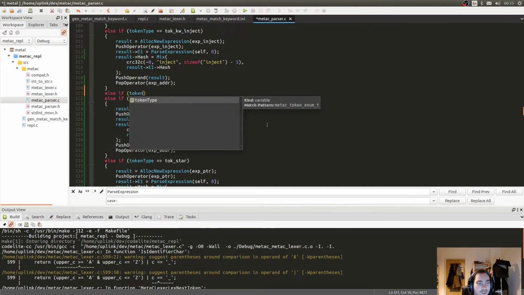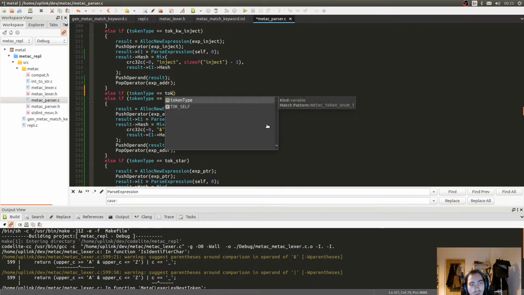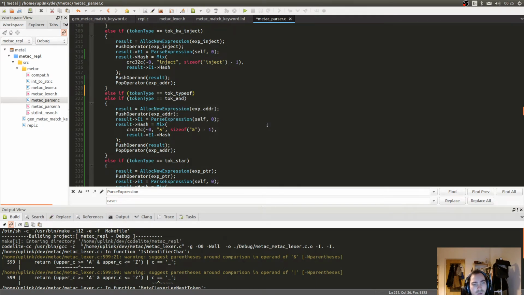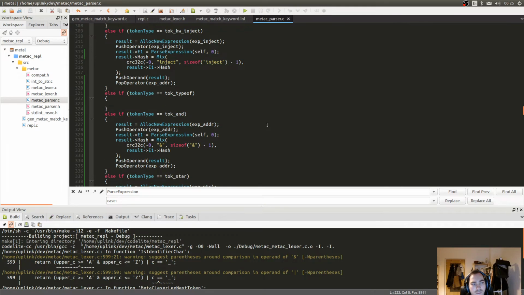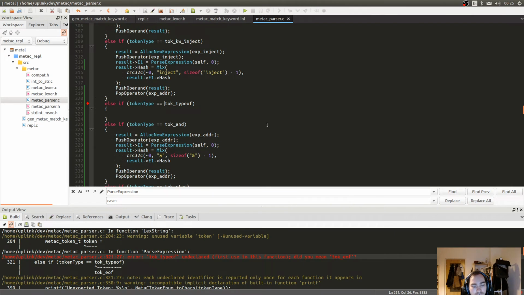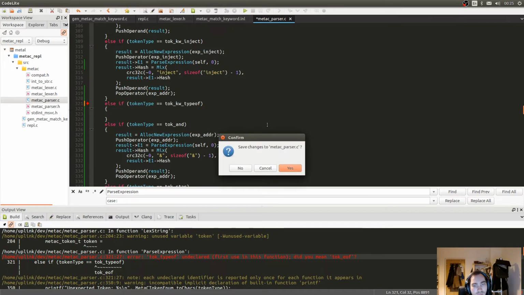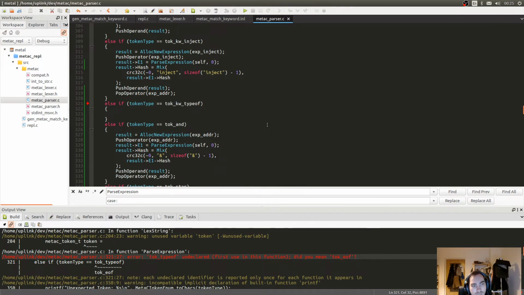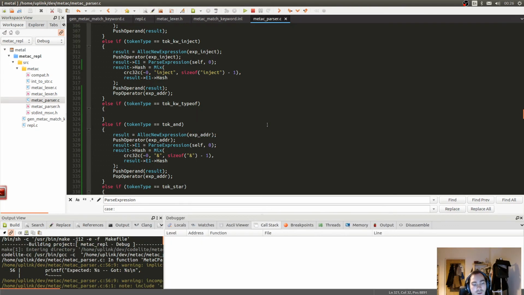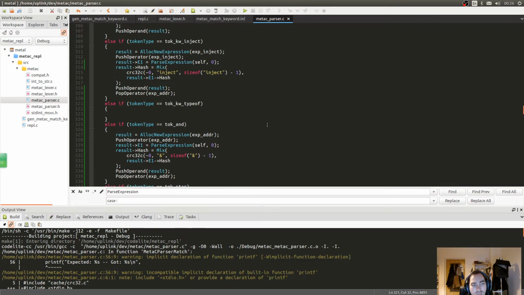Else if token type equals token type of. There is no auto-completion for it since it's not mentioned anywhere. Oh, yeah, it's token keyword type of. Now it finds it. Yeah, right. If it is a type of thing,